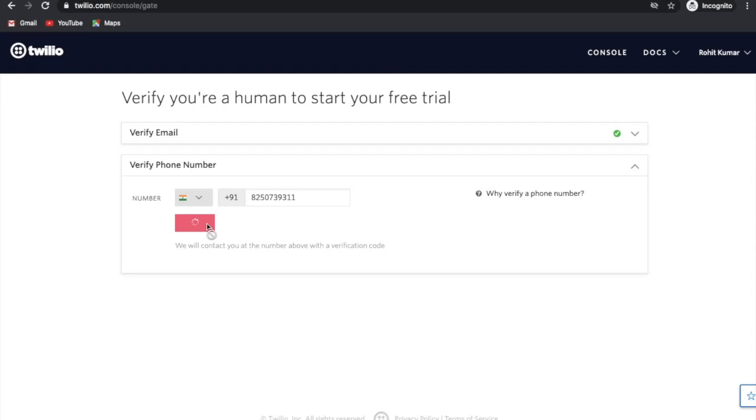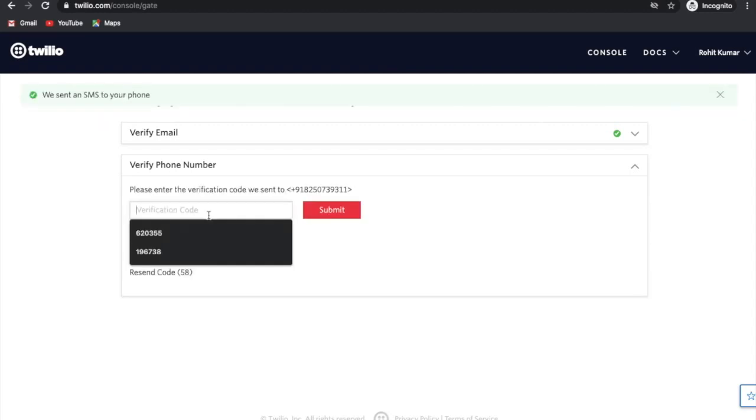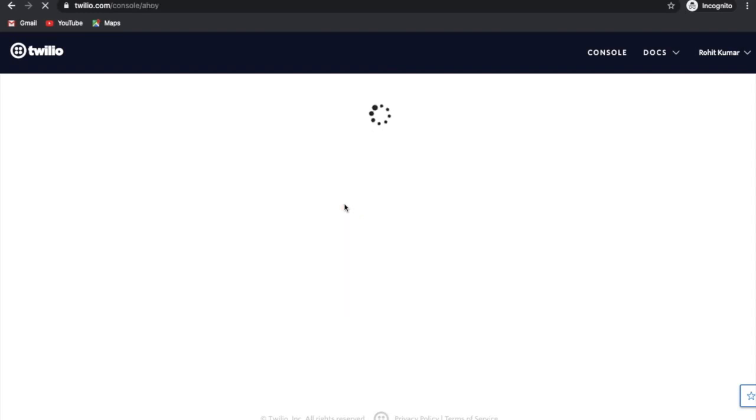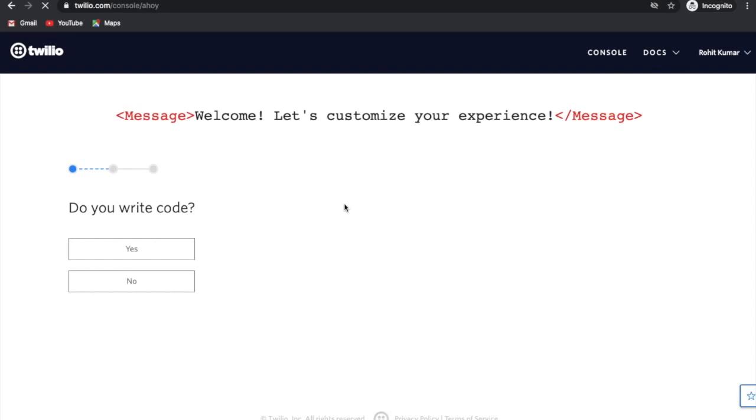I put in my mobile number and it will ask me for some OTP. Let's see, I received an OTP and I'm putting that OTP, 455814, and submit that. Once you submit, your Twilio is set up.